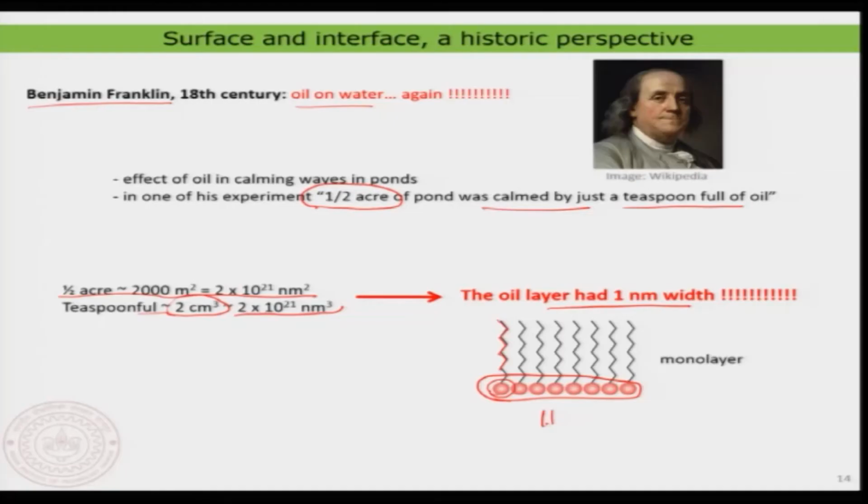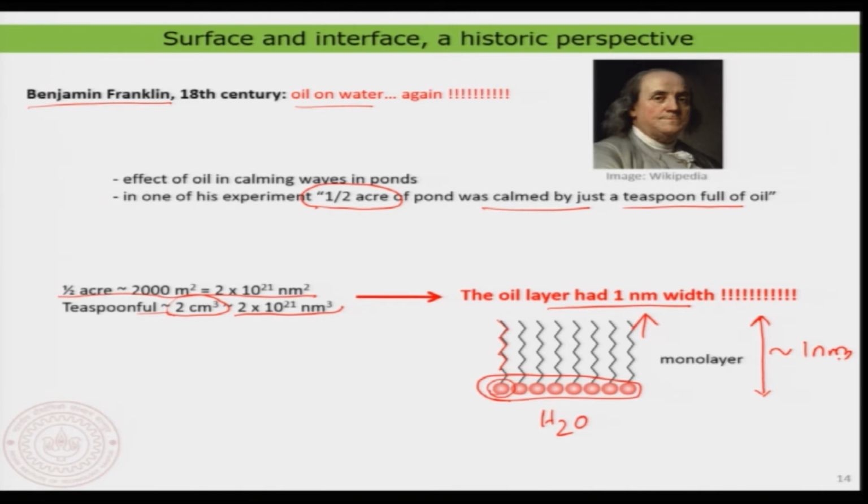That is very interesting, because if you look at the structure of a fatty acid or oil in general, you have a hydrophilic end and a hydrophobic alkyl chain. When you put this kind of molecule on water, they always align in this fashion, where the hydrophilic part points towards the water interface, and the other part points away from the water interface. So that forms a very nice well ordered monolayer, and the thickness of this monolayer turns out to be in the order of 1 nanometer.